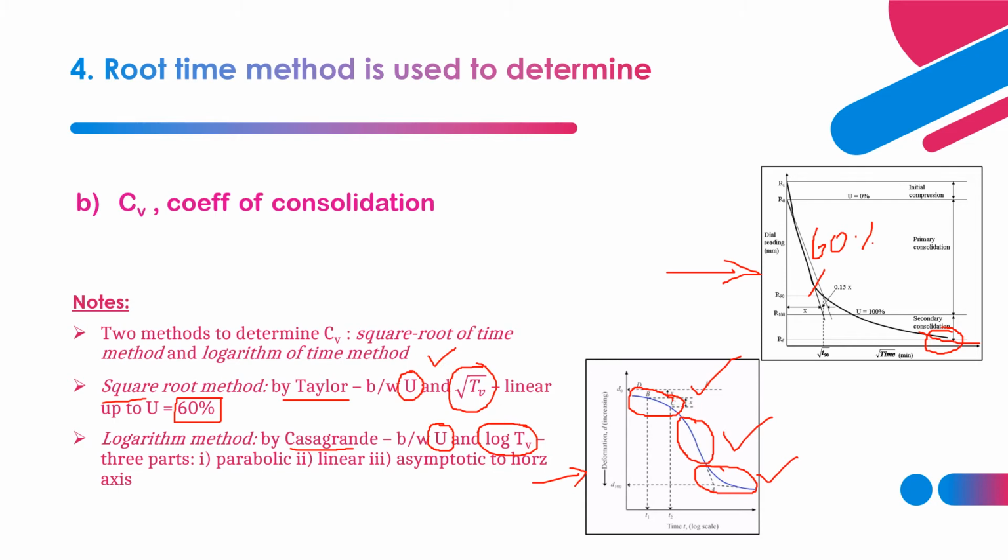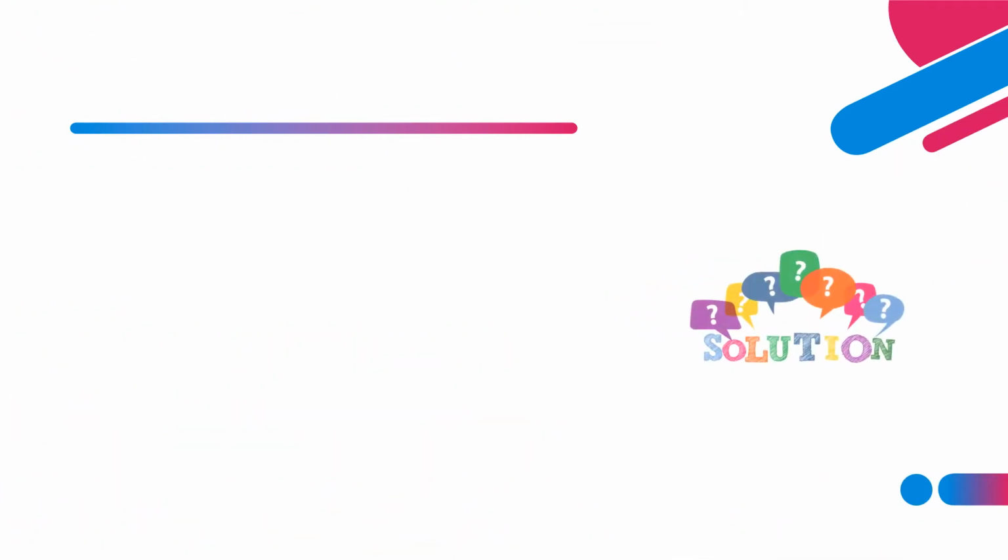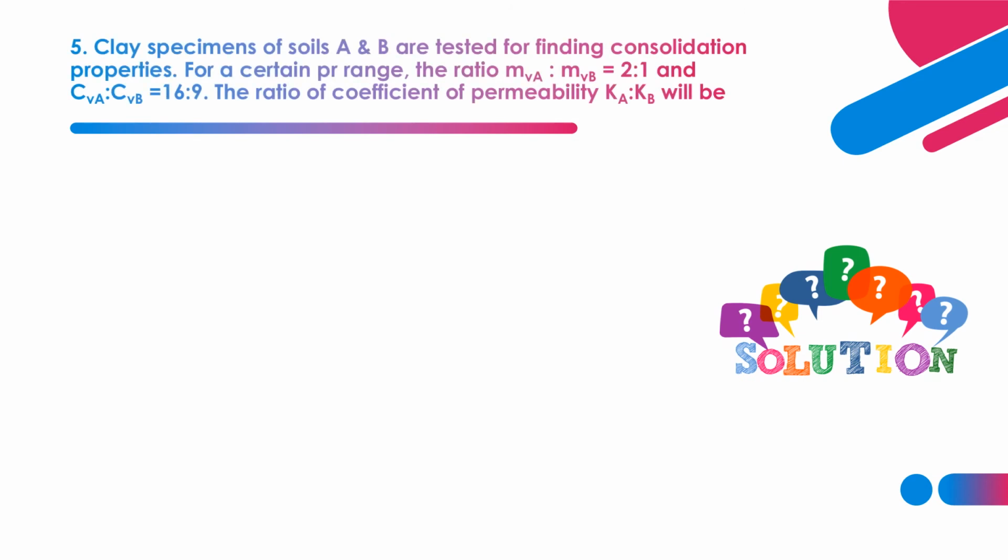Now let's move on to the fifth question. It is a numerical type question. Clay specimens of soils A and B are tested for finding consolidation properties. So two specimens of clay are taken to find consolidation properties. For a certain pressure range, the ratio of MV, what is MV? Coefficient of volume change. So MV for clay sample A to MV for clay sample B is found as